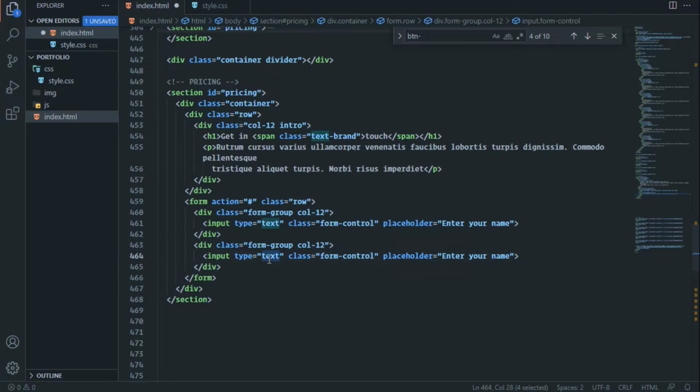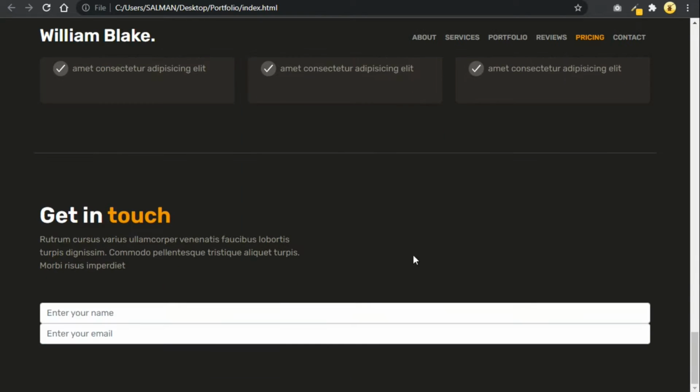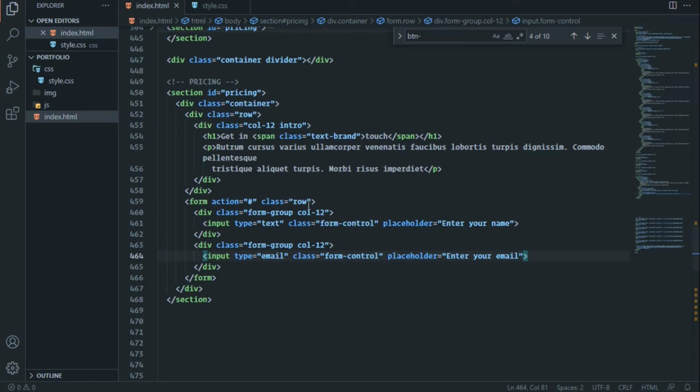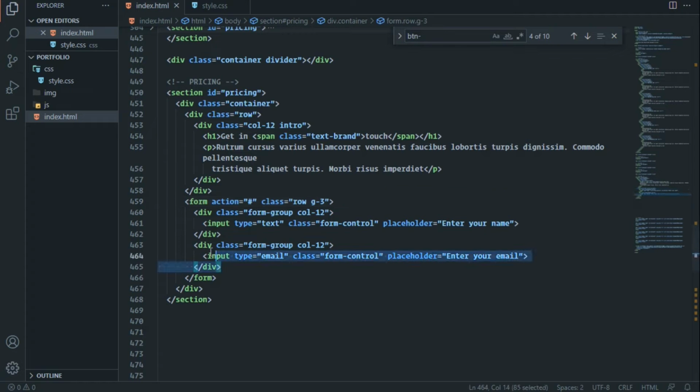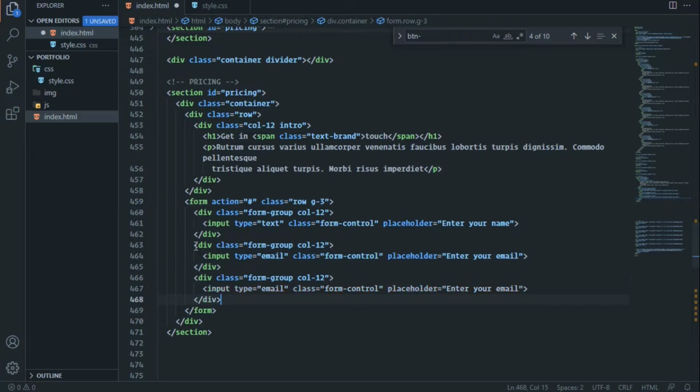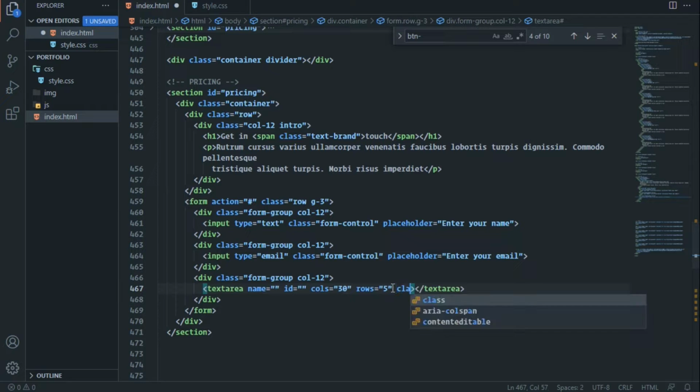This will be text, type is going to be email. Okay, so I'm going to refresh, and I'm going to give a gutter space 3, and I'm going to copy this. This will be text area, and the rows is going to be 5. I'm going to give a class of form control, and the placeholder is going to be